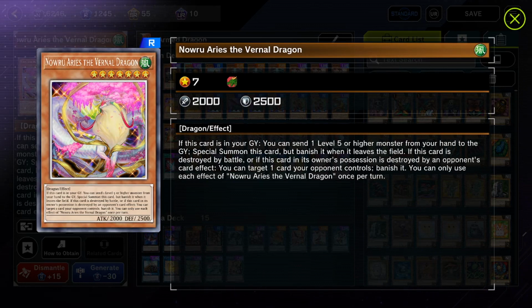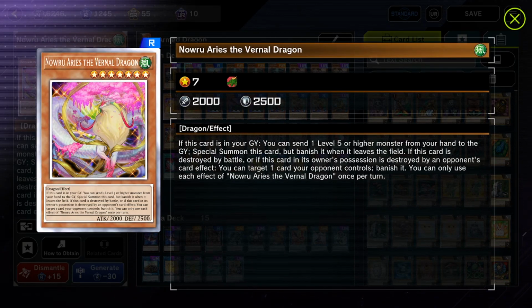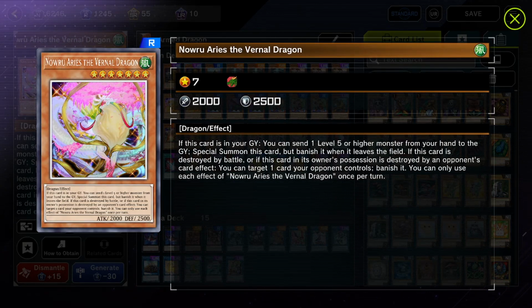himself from the graveyard by discarding a level 5 or higher wind monster, which does trigger your Armed Dragon effects again. We're literally just playing it for the level 7, but what's neat is it gets banished when it leaves the field, but it won't matter because we're using it as Xyz material. And it does have a silly effect where if it gets destroyed by battle or card effect, you get to banish a card on the field, and you know, your opponent's never going to do that, but if you really need to sit on something and you're in a grind game, maybe that can come up,